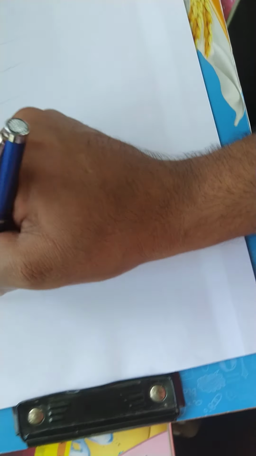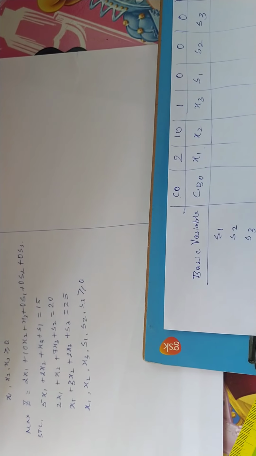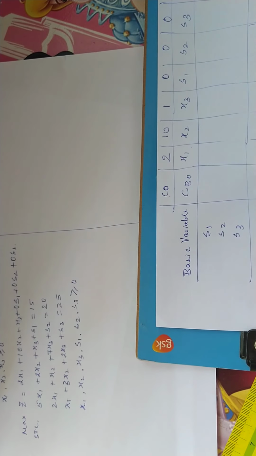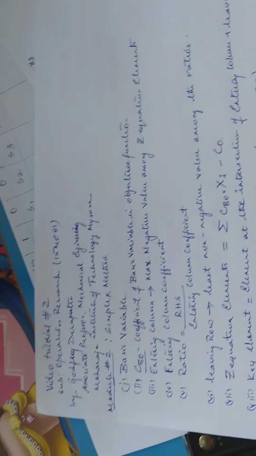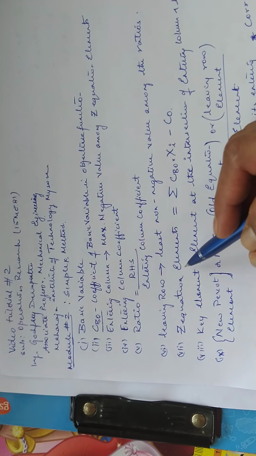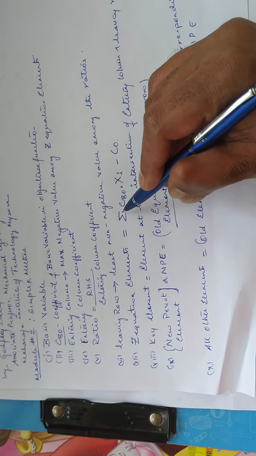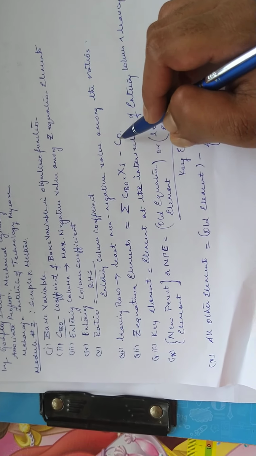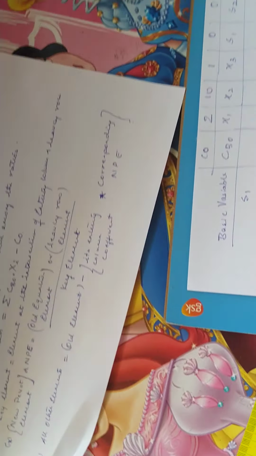So therefore I'm going to write the slack variables here, and I'm going to write one more row, call it as z equation, and this z equation is supposed to be filled by using this equation that is given, that is summation of CB into Xi minus Cj. How exactly it is supposed to be done, I'm going to simply teach you right now. Okay, so the first set of values that I'm supposed to write here in order to fill this table